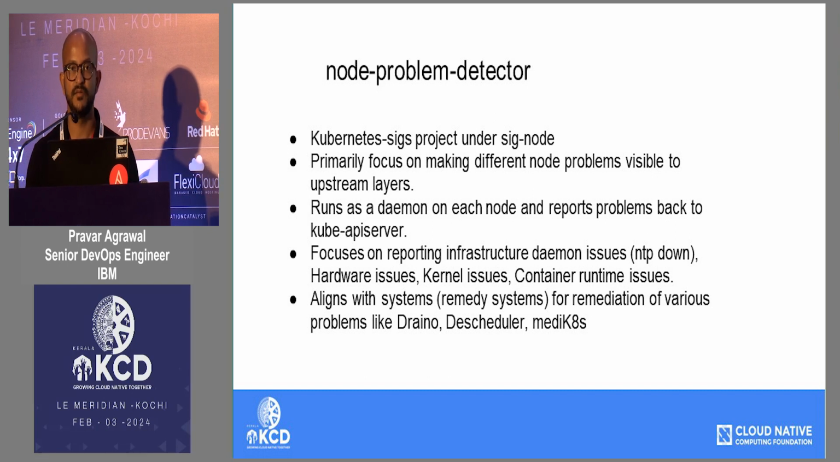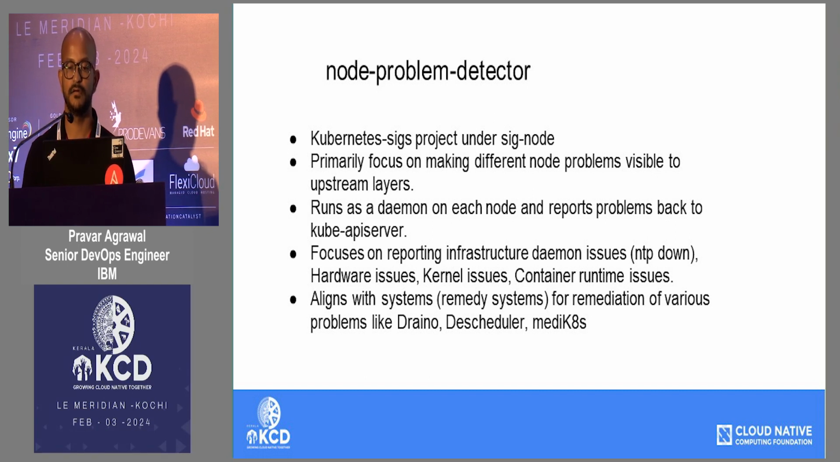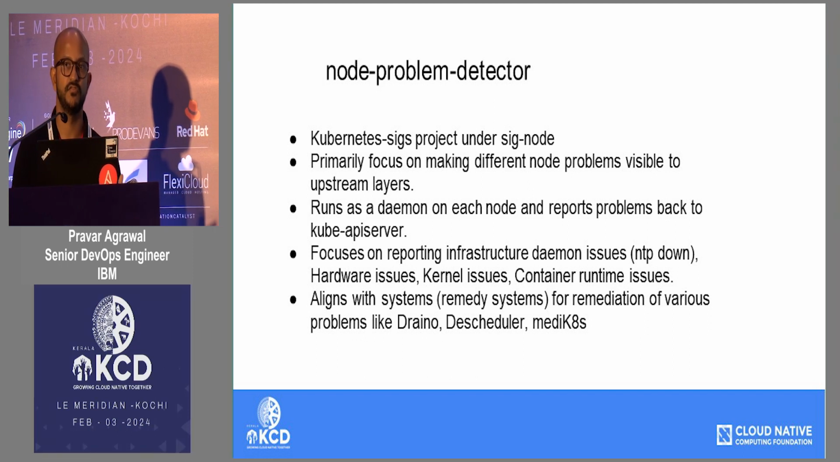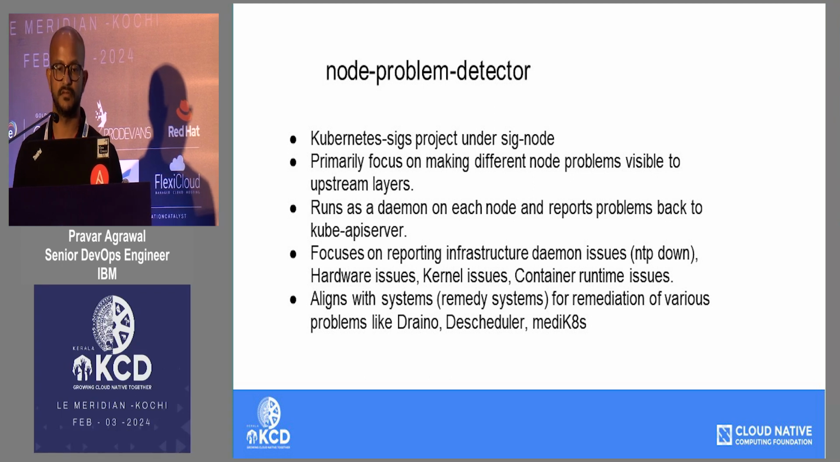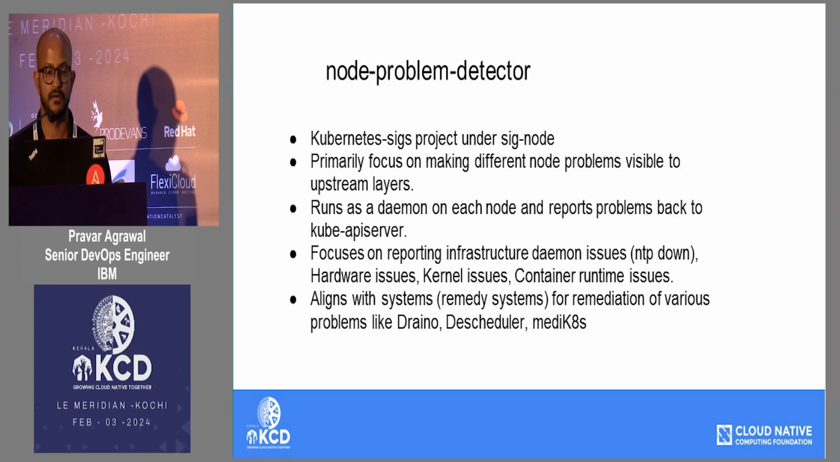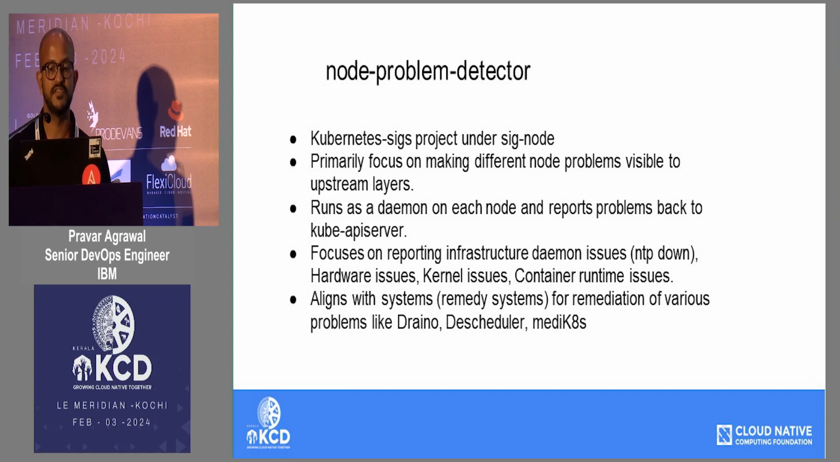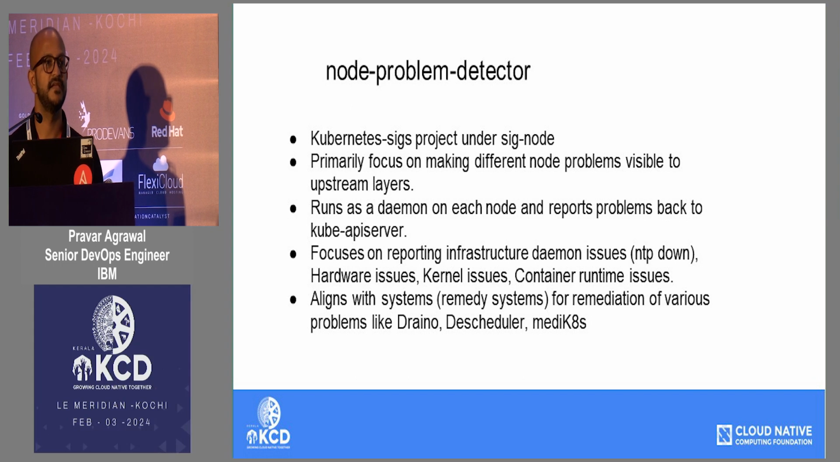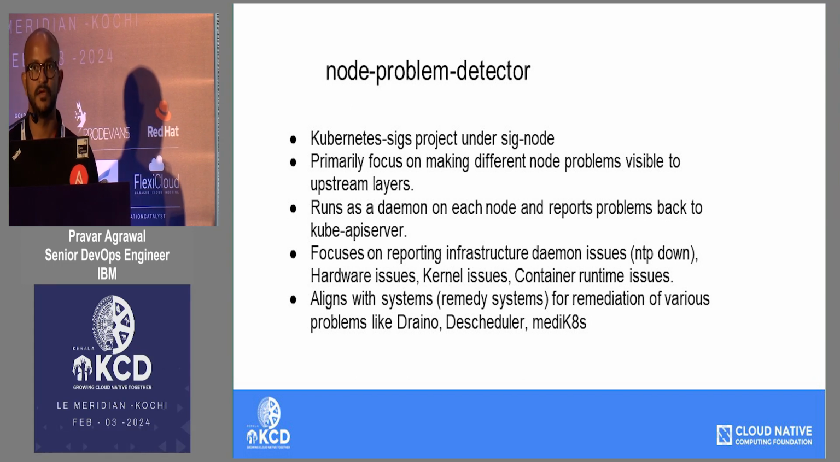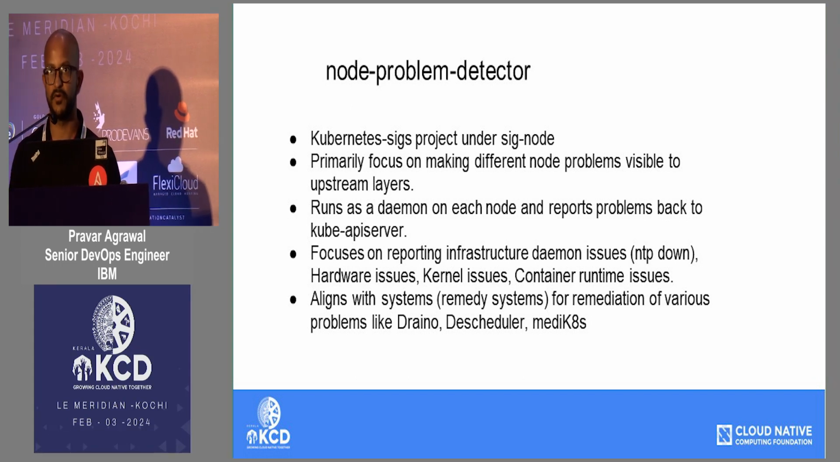And it runs as a daemon on each node and reports problems back to the API server if it is being used in a cluster, or even if it is running on a particular host as a systemd service. And the main focus has always been to report infrastructure related issues. Something like the NTP service could be down, or maybe there is a particular bug being reported in the kernel